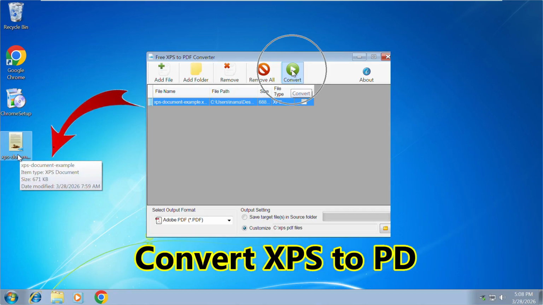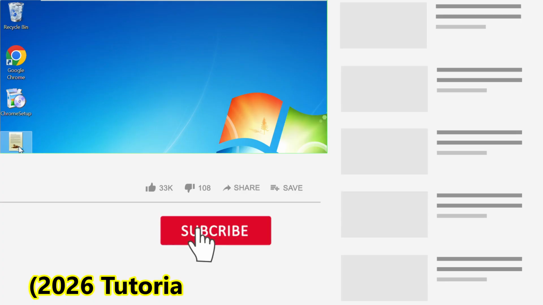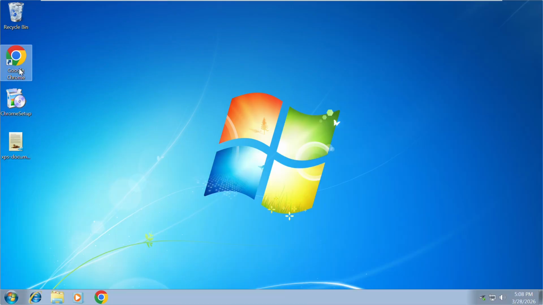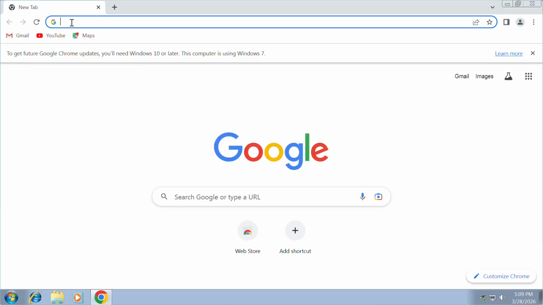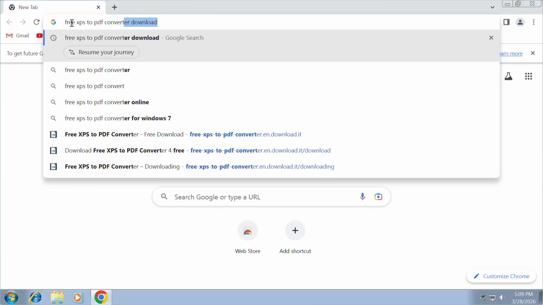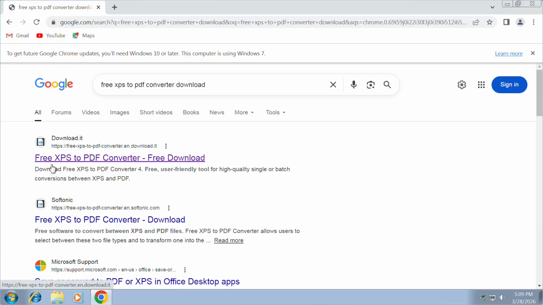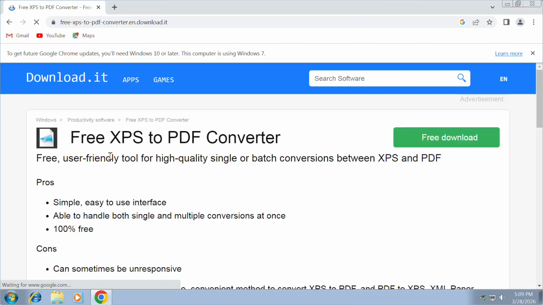How to Convert XPS to PDF for Free 2026 tutorial. Open the Google Chrome. Type Free XPS to PDF Converter Download. Press the Enter key. On the first website, download.it, click the link Free XPS to PDF Converter to open the